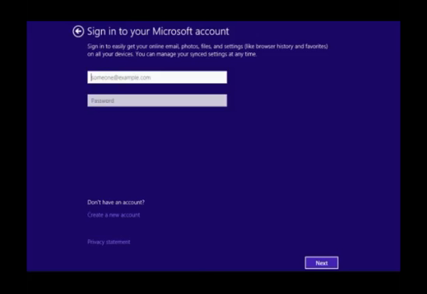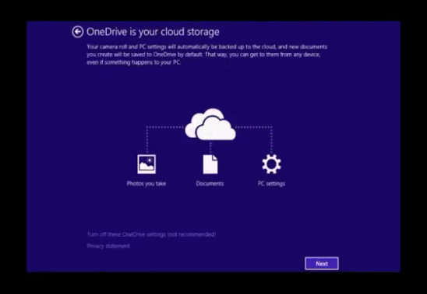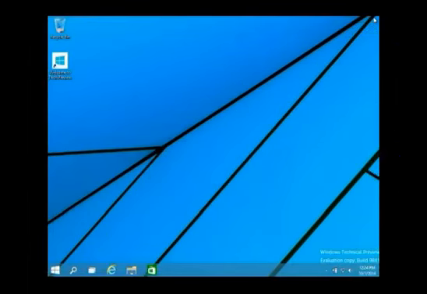If your Microsoft account is set up properly, there will be a verification in the middle of the process. Now, set up your PC as a new computer, or copy all the settings from another computer if there is need to. Then, something like this will show up on your screen. And we are now at the desktop. You have done installing Windows 10 operating system and you can now use it.